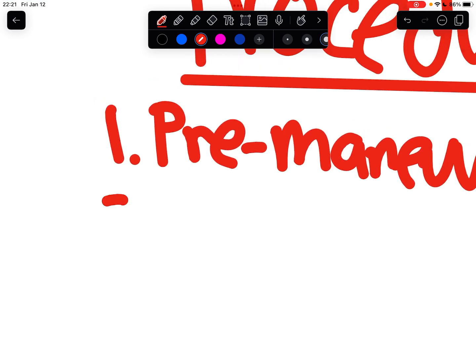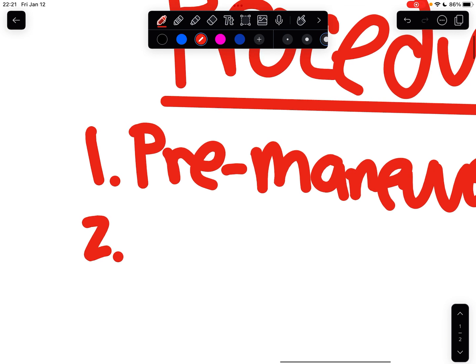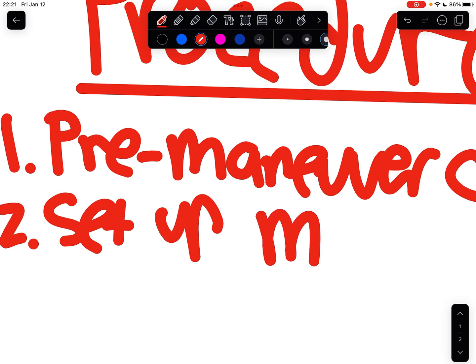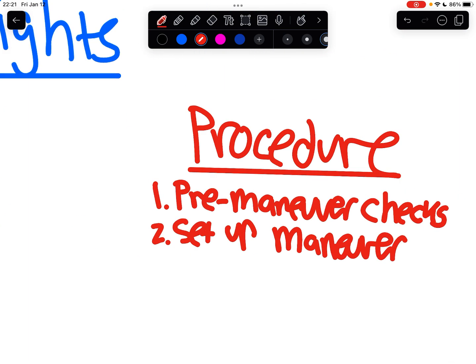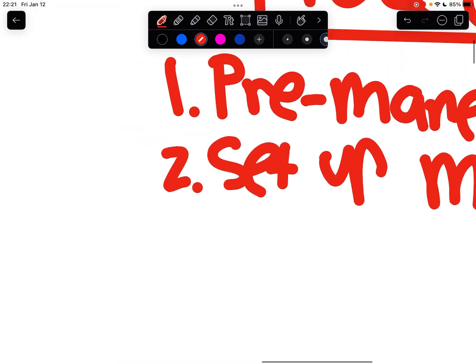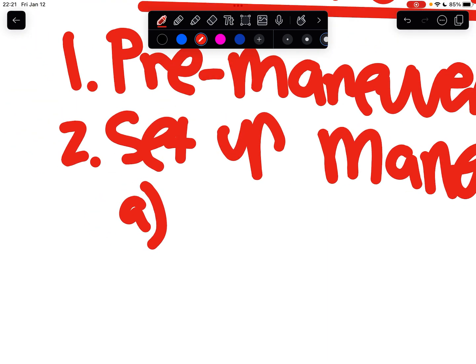All right. Second point is going to be setting up the maneuver. So set up maneuver. What does that mean exactly? Let's get on the proper speed. So realistically, again, Cessna says 105. Realistically, let's say 95 knots. So we'll set speed